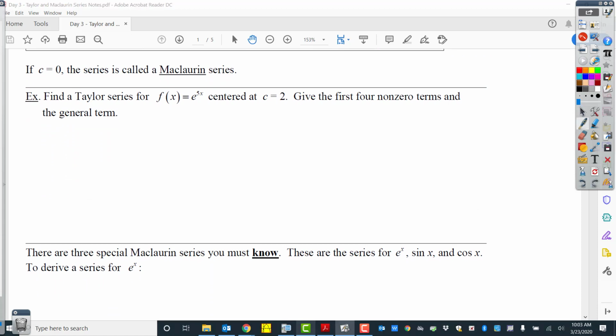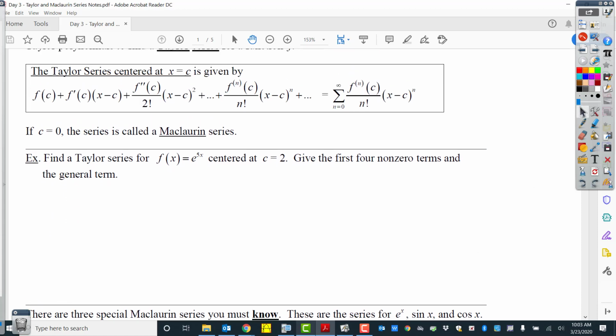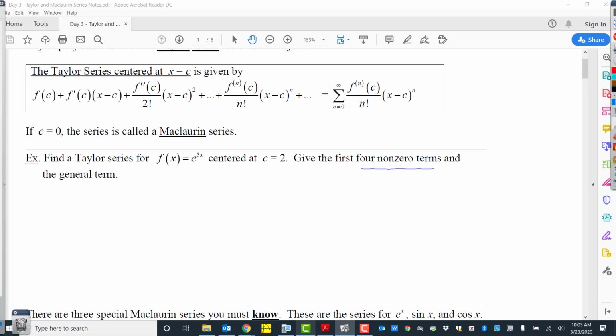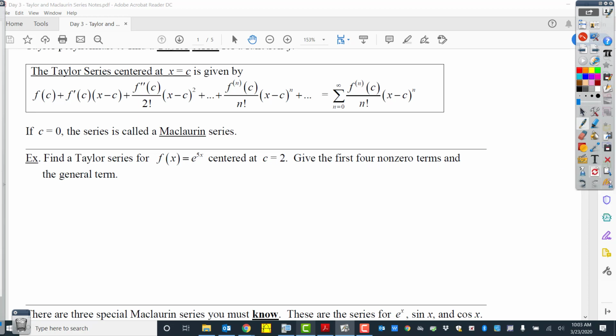Okay? So, looking back at what we need for this, we need our derivative. If we're looking for the first 4 non-zero terms, we'll start by trying to do our derivative 3 times. So we have the original function, first derivative, second derivative, and then one more for the third derivative. And so that should give us 4 terms. Now, if any of those give us 0, we're going to have to add more terms. But we're going to start by doing this with just 4 derivatives. Okay, so we start with